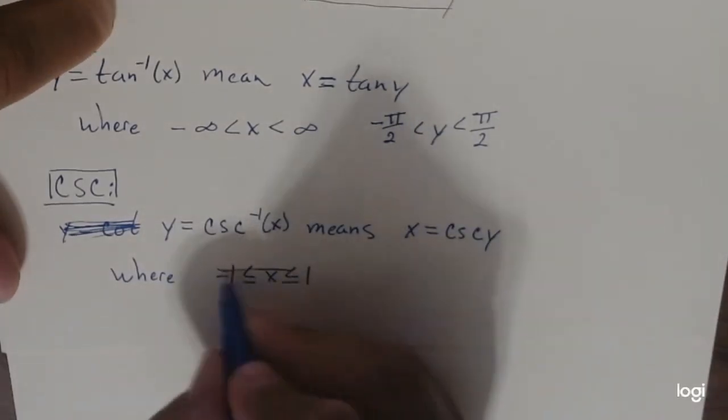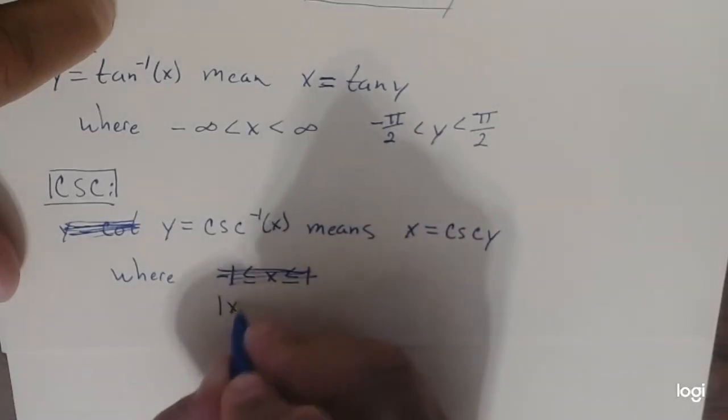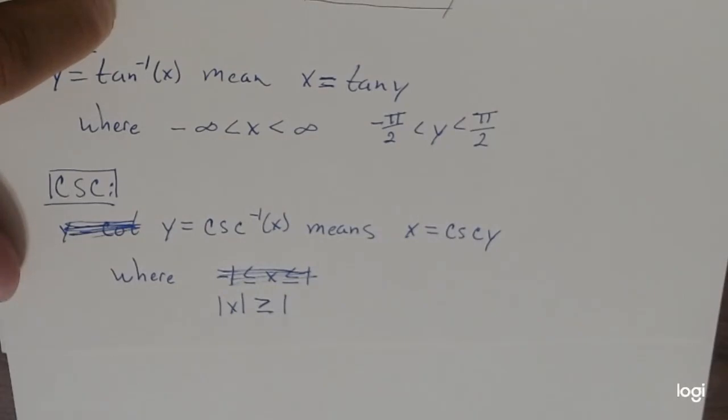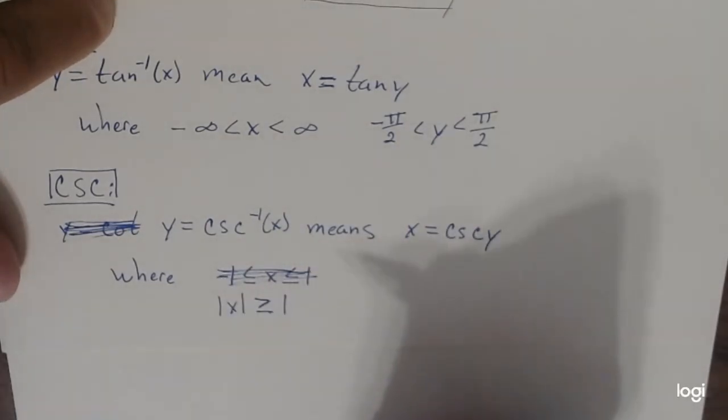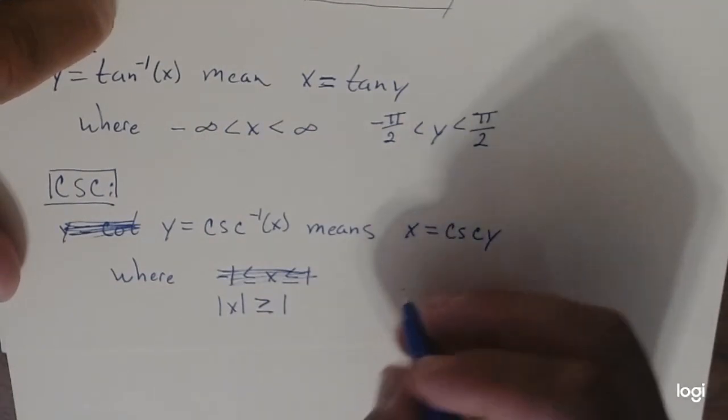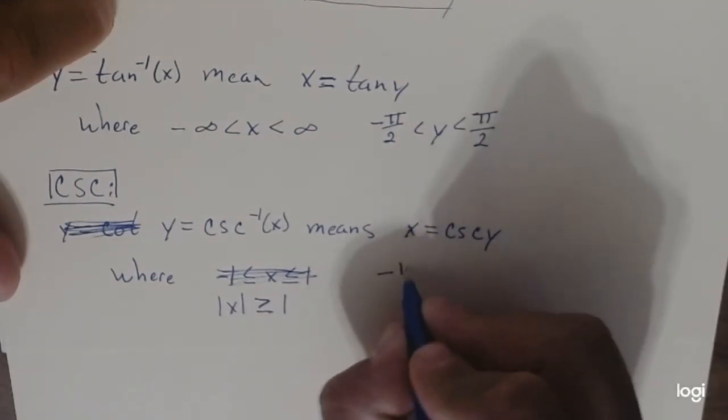Oh no, actually, I'm very sorry. It's the absolute value of x has to be greater or equal to 1. Believe it or not, so it actually has to be smaller than -1 or bigger than 1. So it goes the opposite order when it comes to it. Now, when it comes to the range, however, it is identical to